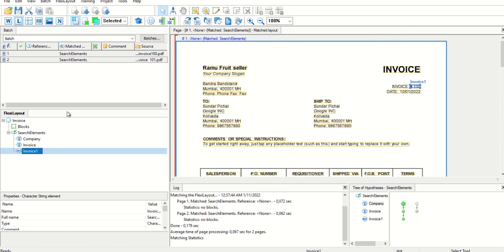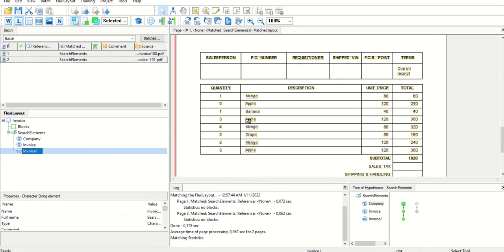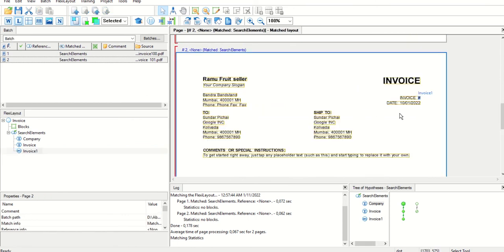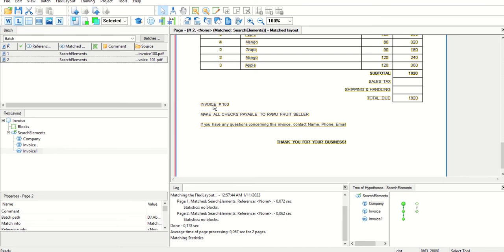Okay, but in our second page we don't have the invoice here, it is blank, so we don't need this. We need this invoice from here. So how we will do that? Okay,